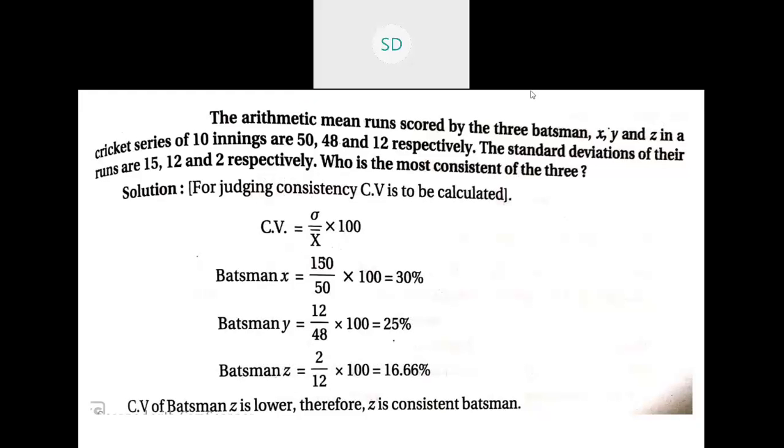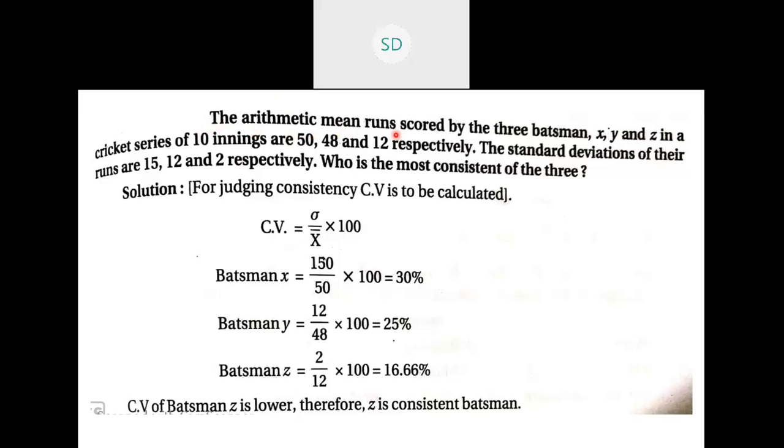Okay, so this is the question. These questions can be asked for 6 marks, as well as a few times they will reduce the data and ask such questions for 2 marks also. So let's go through the question. This question is very similar to the previous question, but the conclusions are also very few. Okay, let's go through the question.